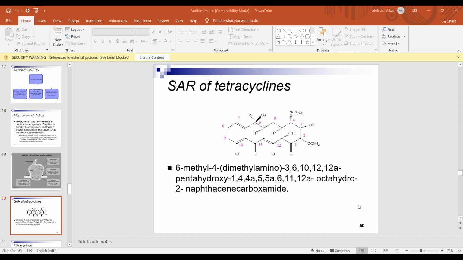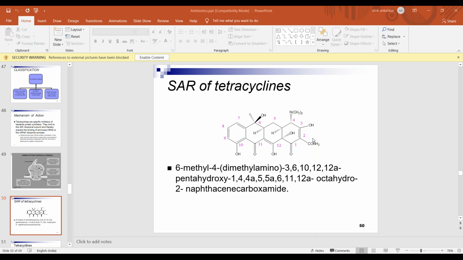Okay. The next requirement is you should not replace the amide at carbon 2. You see a CONH2 group over here. This is an amide group, and if you replace this amide group with an aldehyde group, you will destroy the activity. You could replace it with a nitrile group also. So substitution or replacement of the amide group at carbon 2 or C2 with an aldehyde group or a nitrile group abolishes its activity.